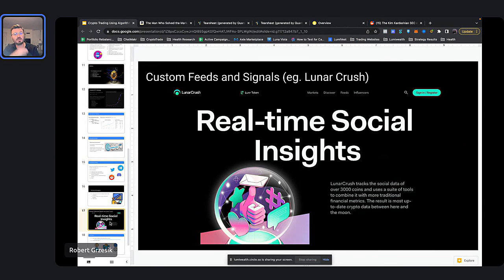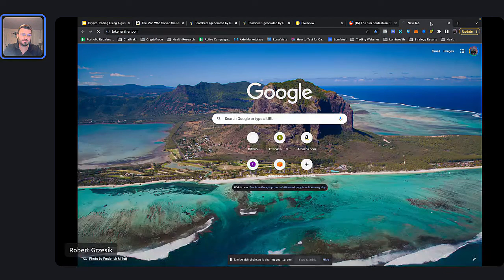There's also a lot of other things that you can plug into. Social Lunar Crush is one of them. It's a really cool website that tells you about the social sentiment of coins and which ones are doing well. Apparently they've backtested it and they've made like hundreds of percent a year doing this. So you just use their APIs to actually get that information. I've mentioned before, you could use Token Sniffer, for example.